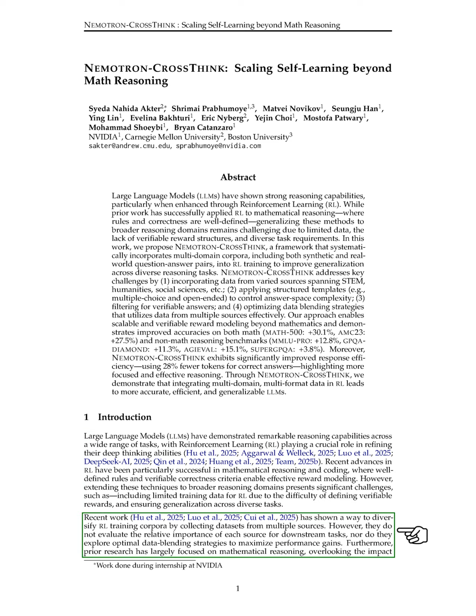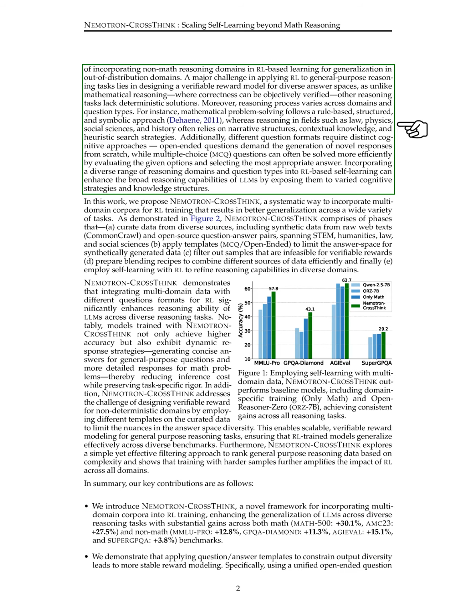We note that previous research has attempted to diversify RL training data by gathering datasets from different sources, but they haven't assessed the importance of each source or explored the best ways to combine data for improved performance. Additionally, much of the focus has been on mathematical reasoning, neglecting how non-mathematical reasoning could benefit RL learning for better